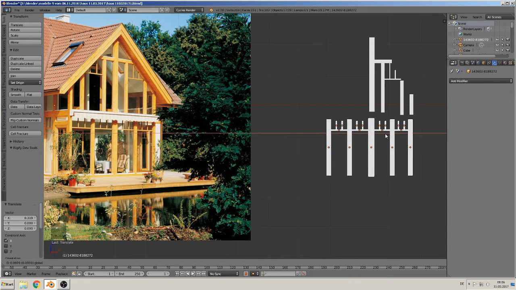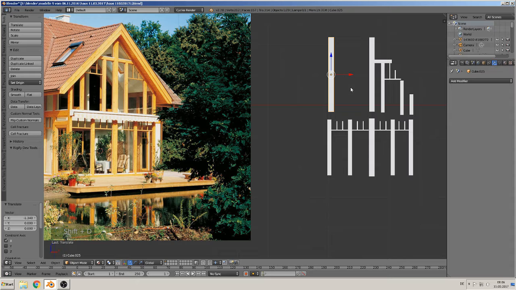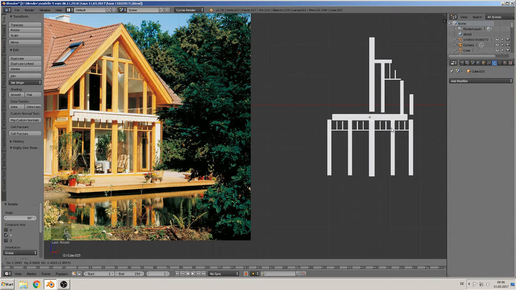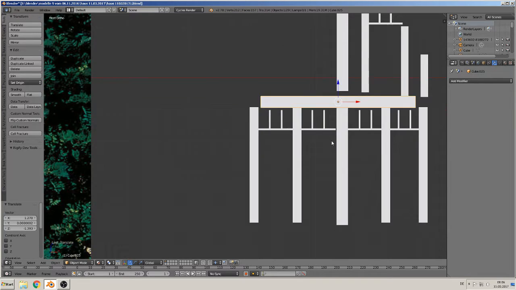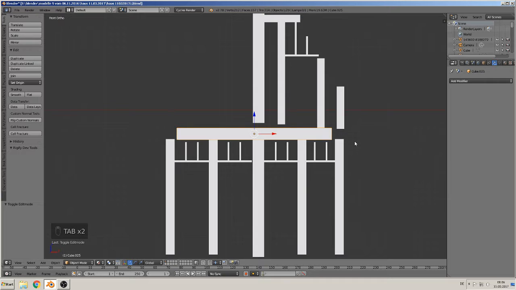So that means that here must be at the same height, and Shift D to duplicate that, rotate Y 90 degrees, and put them here, what is later the ceiling. Good. We scale in the X and try to get it